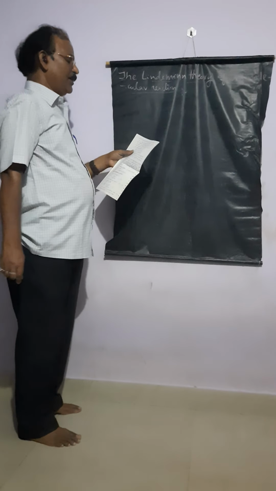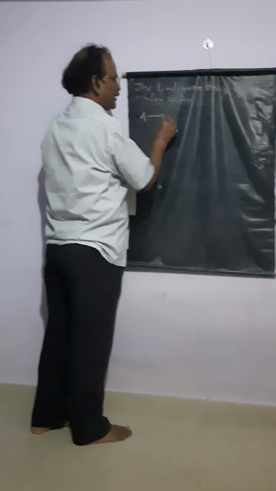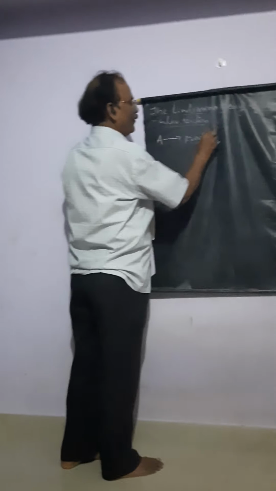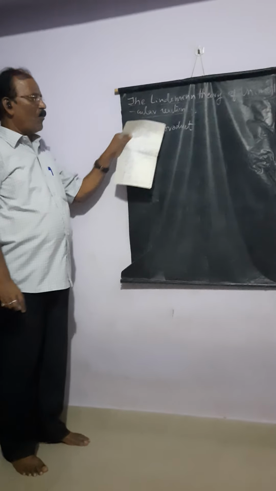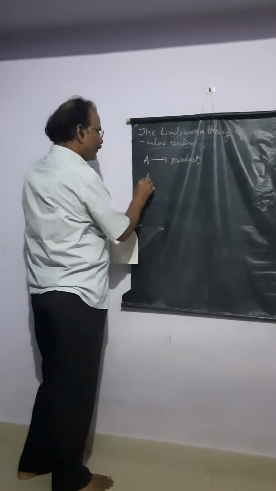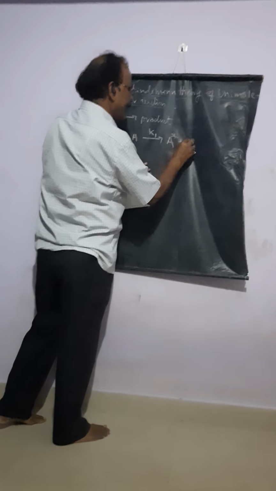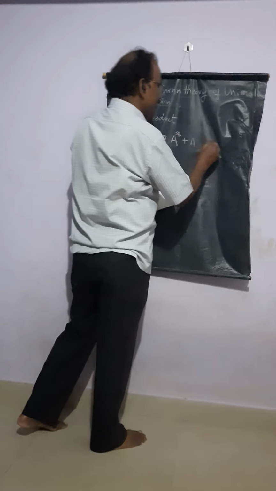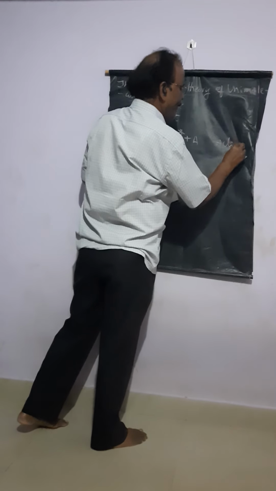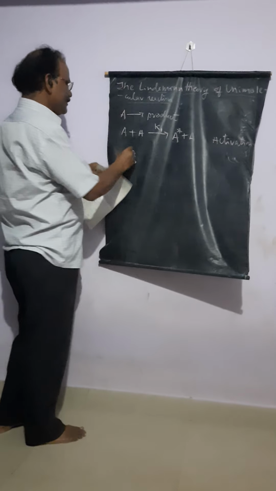Lindemann stated that the unimolecular reaction A gives product can take place via the following three steps. These are: step 1, A plus A gives, with rate constant K1, A star plus A. This is called the activation step. And the second step is A star plus A